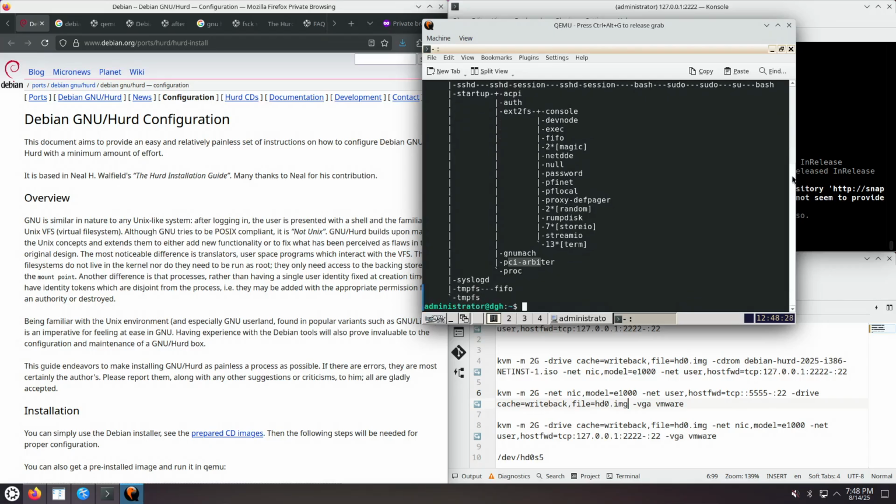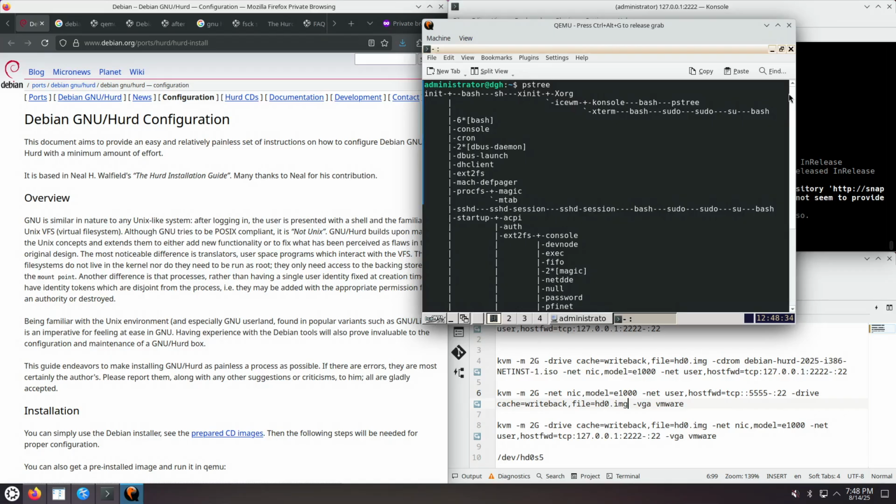Okay, there's normal Unix facilities, syslogd, cron, init, dbus session,